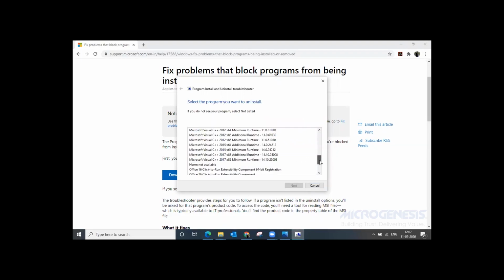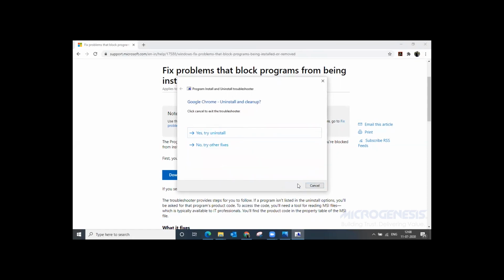So here we need to check for any Autodesk related folder or file that we need to uninstall. Then click on next, and then click on uninstall. Then it will be completely uninstalled from our machine.